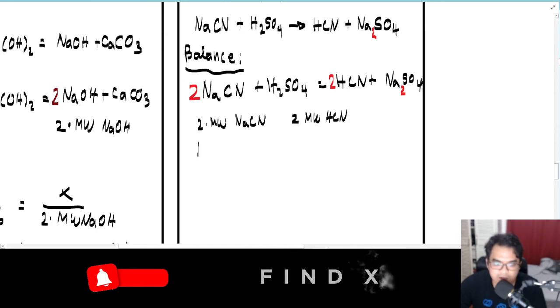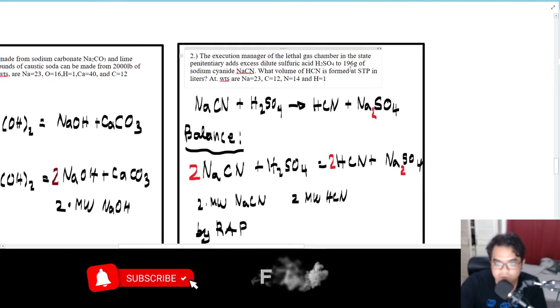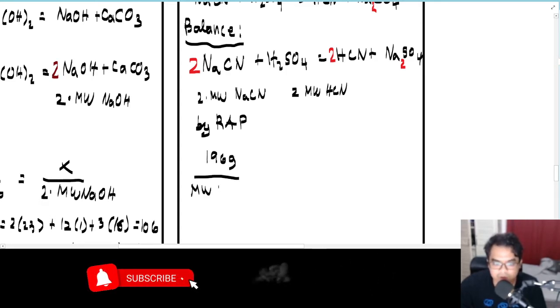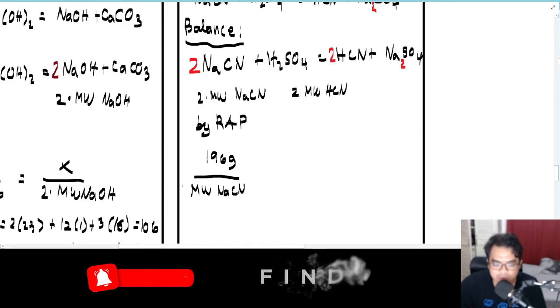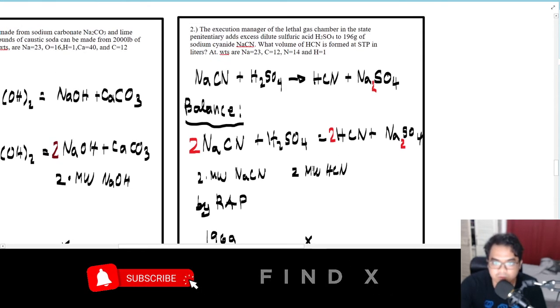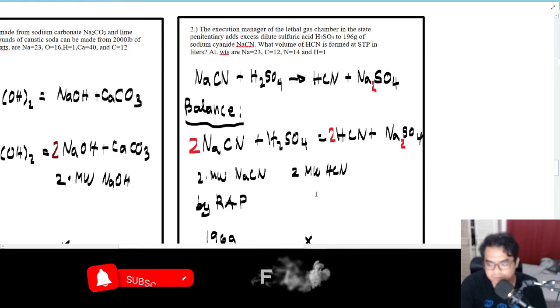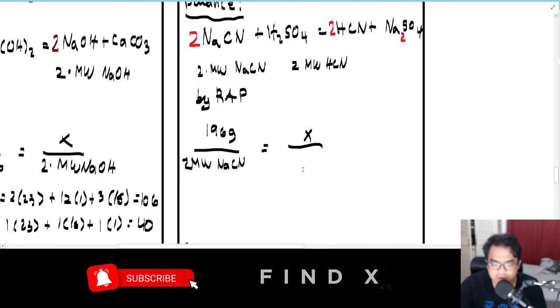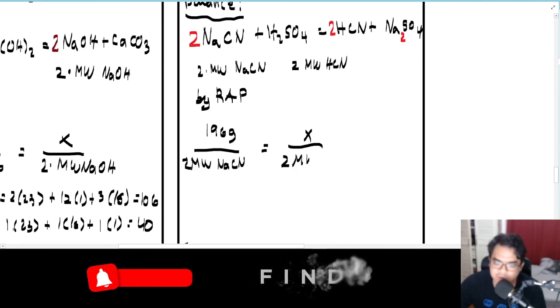So applying ratio and proportion, you'll have here the mass of NaCN, which is 196 grams, over the molecular weight of NaCN times 2, equal to x. This is the one that we're looking for, the volume. When you say volume, it should be the mass also. In this case, because the given is mass, this should also be a mass. So this is 2 times the molecular weight of HCN. Okay, so let's find the